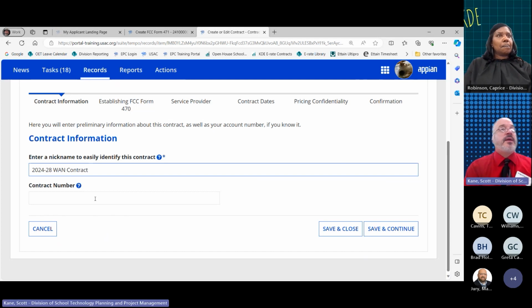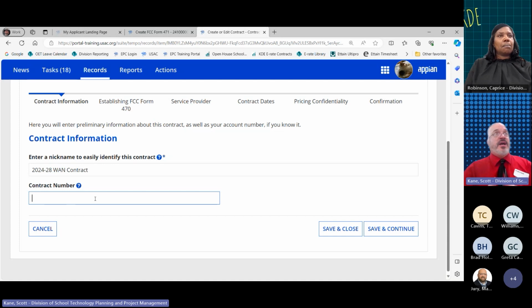All right, so you're going to give that contract a nickname. Again, I highly recommend something that's going to help you remember what contract this is referring to. Pretty simple. If there is a contract number that was established either by you or by the service provider, enter that contract number here. If there is not a contract number, you can use a telephone number for the district, or you can use the telephone number for the service provider.